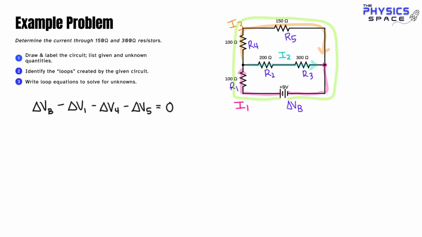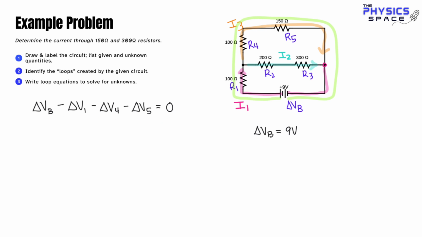So we know here that our battery voltage is 9 volts. We know the resistances of all our resistors, but we're going to find the current here. Our goal right now is to find the current through the 150 ohm resistor. And the current through R4 and R5 is the same because those two are in series with each other. So we're going to continue to break down this equation until we get a way to solve for that current,